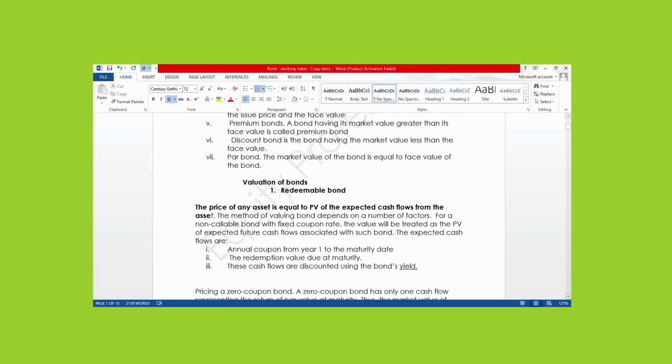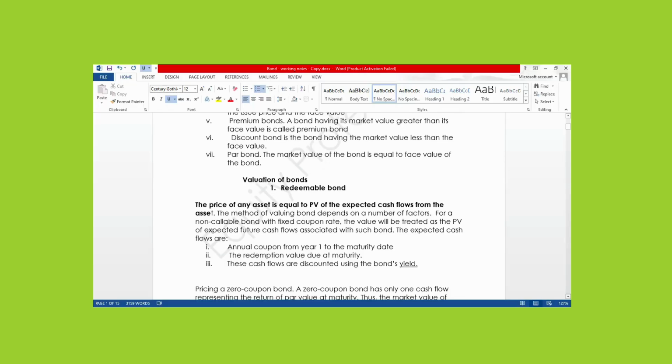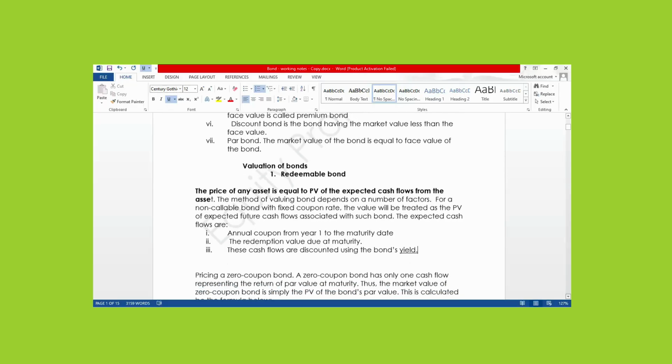Zero coupon bond. The price of a zero coupon bond is calculated as